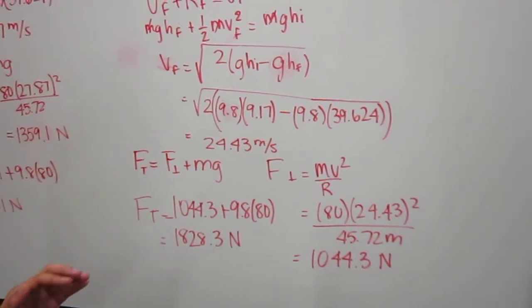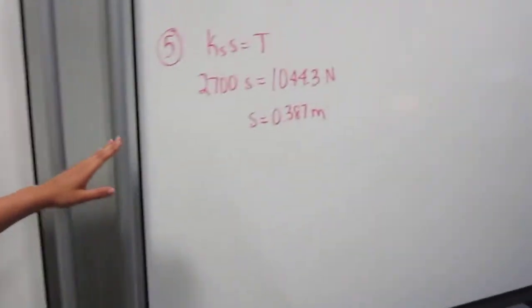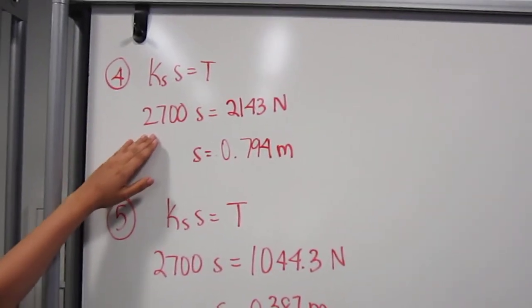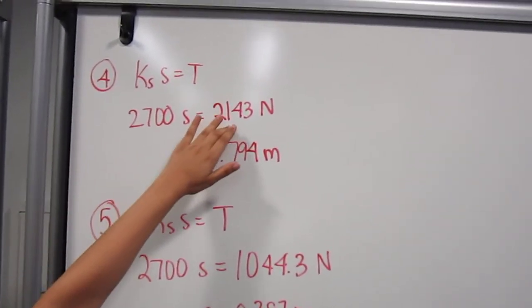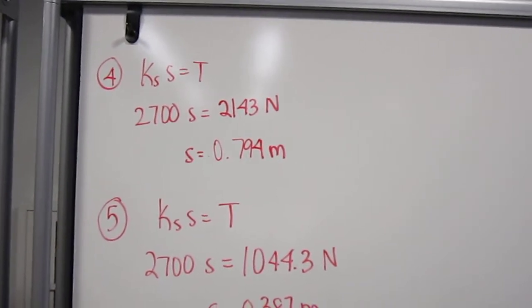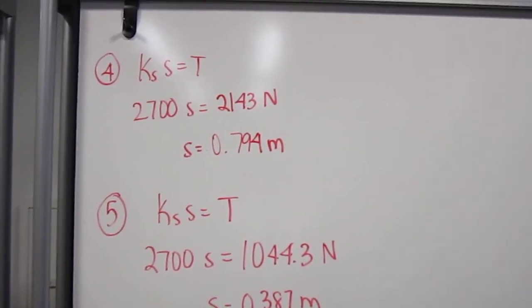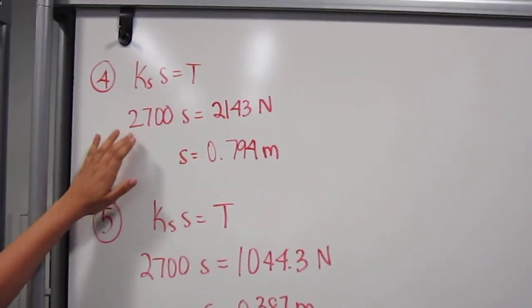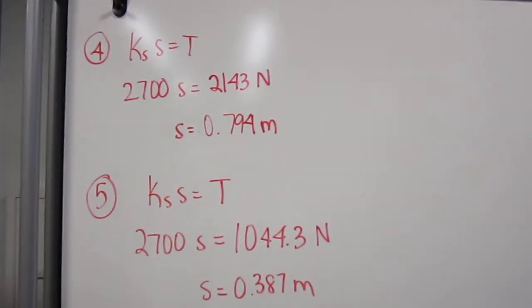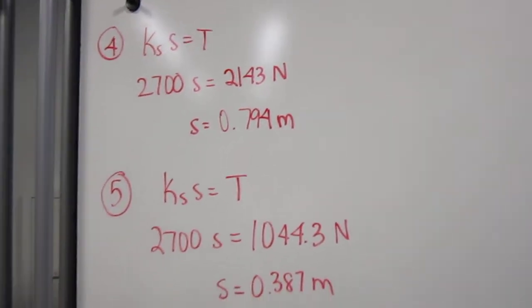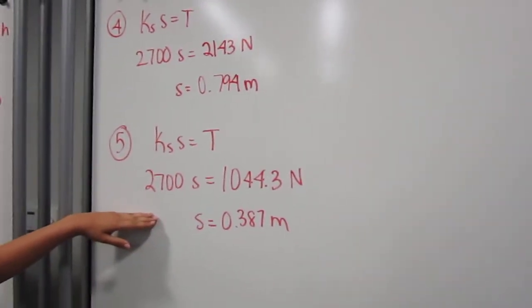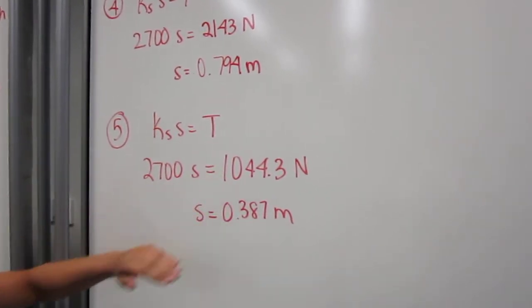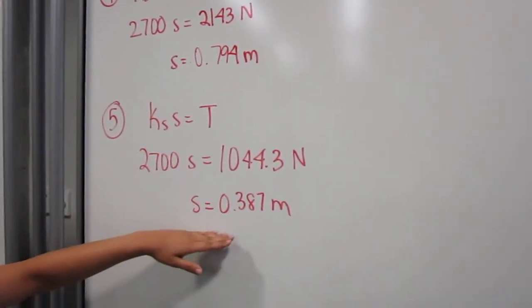Then in order to find this stretch, we can use our assumed stiffness with the initial tension that we found when we were at the bottom of the swing. After dividing the tension force by Ks, we find a stretch of 0.794 meters, and then doing the same for the new tension at the 30-degree angle, we can find the stretch to be